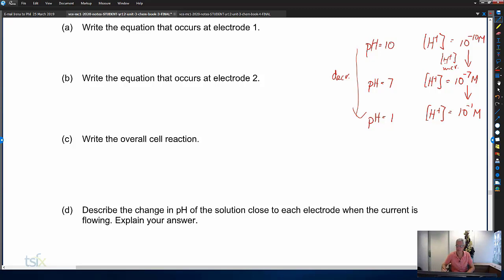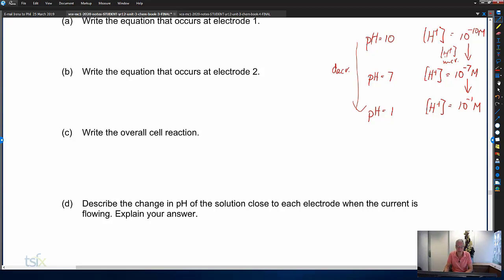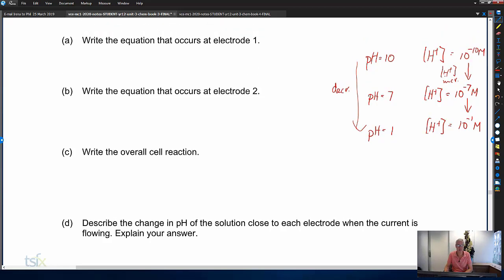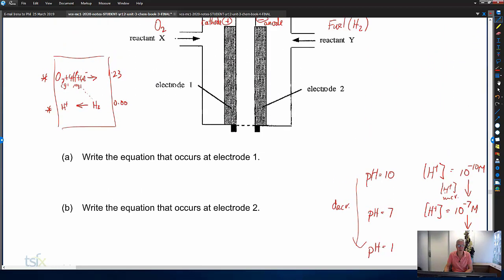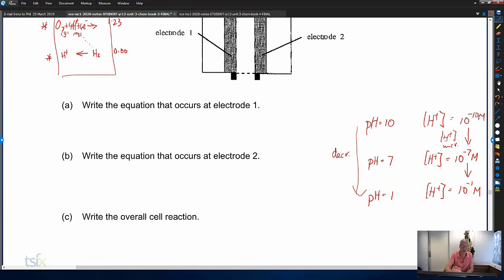See that from the numbers. So don't get muddled about that. Describe the change in pH. We would have to know what's happening. Electrode 1, we said, was where the oxygen is being reduced. O2 plus 4H+ goes to 2H2O. So I'm using up